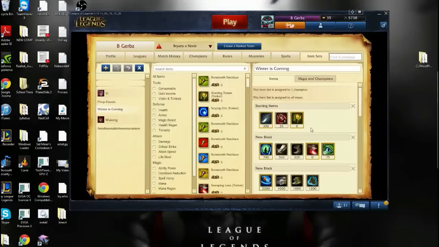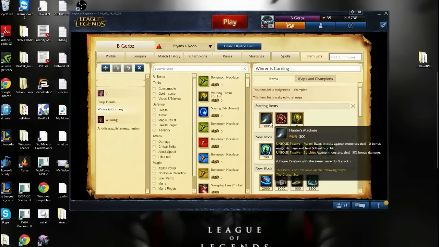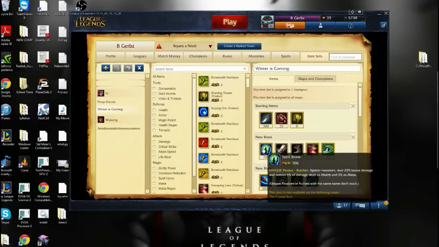Moving on, I'm going to show you how to build Vi. Well, first of all, normal standard jungle items. Hunter's Machete, 5 pots, a warding totem. And then you go back and your first buy, you buy a Spirit Stone,